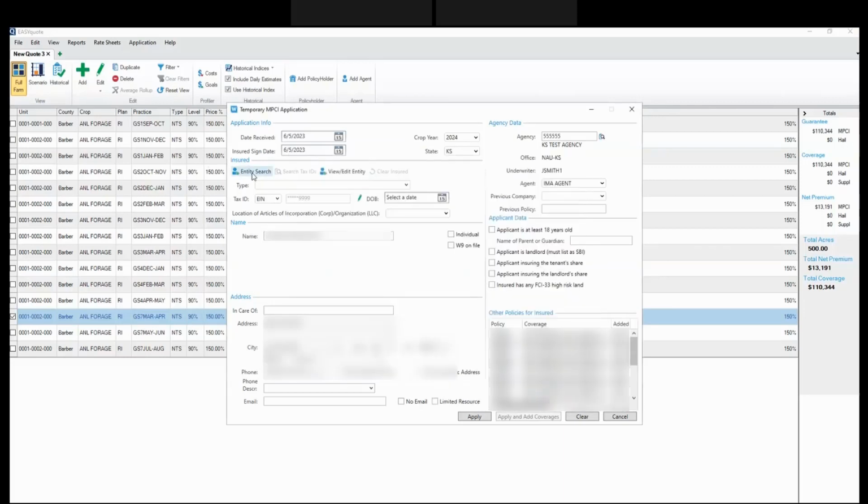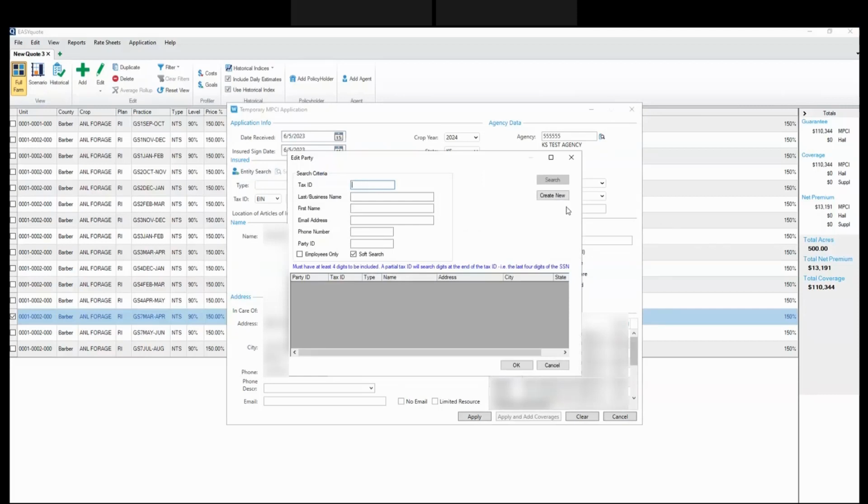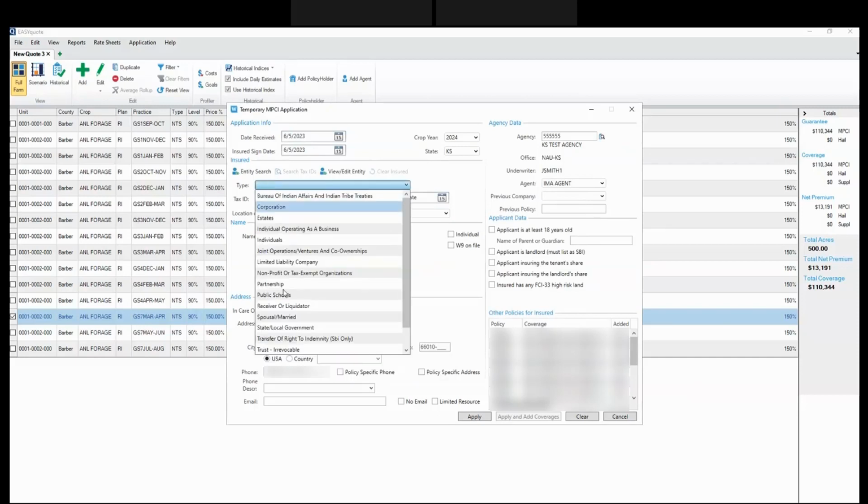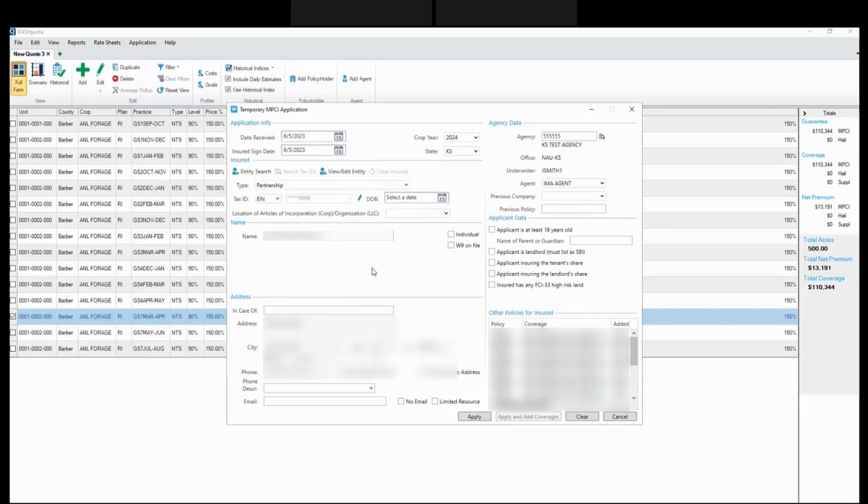If you needed to set up a new entity from this screen, once you key in the tax ID, you can click Create New, and that will pull in the tax ID that you keyed here, and you can create a new entity. So same functionality that you're used to. So now all I need to do is select the entity type and then tell the system that the applicant is at least 18 years old. Now, when I click Apply,